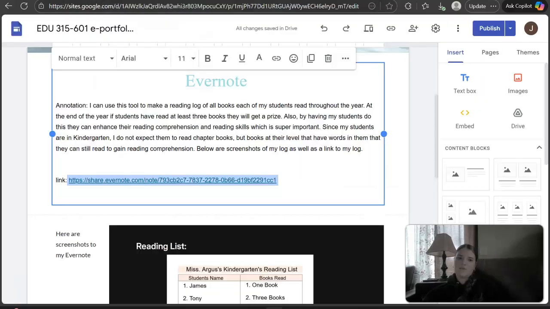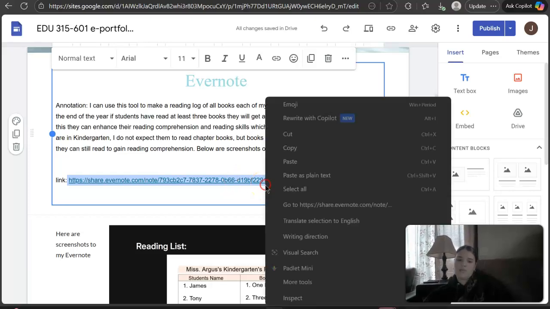Then once your link is copied, you're going to go back to your Google site where you will insert the link that you copied here. Then you're going to copy this link,